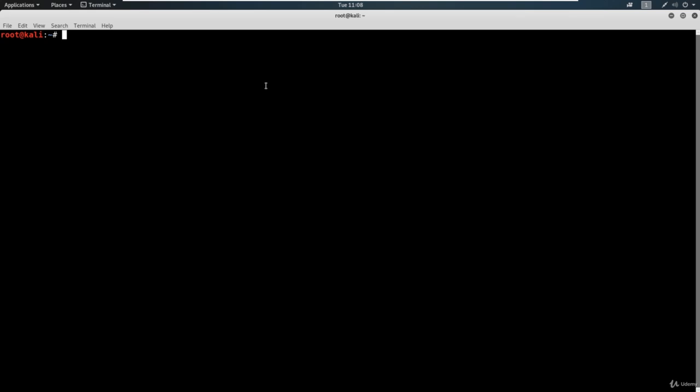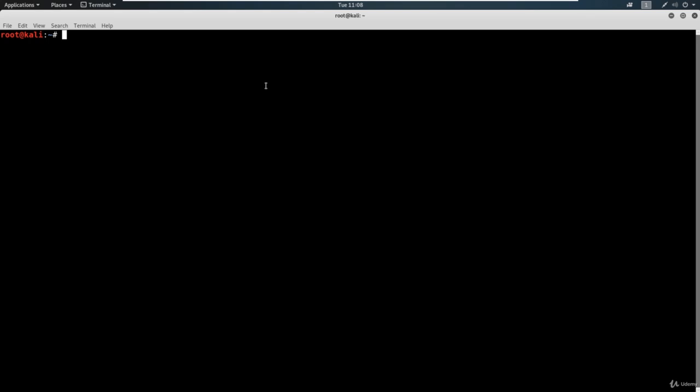So what we're going to be doing today is talking about IP addresses. Now, if you've ever used a computer before and you're somewhat familiar with IT, you probably know what an IP address is. But I want to take this a little bit deeper in theory on why we use IP addresses, what types of IP addresses are out there, and talk more about protocols and how IP addresses are actually designed and made up. So I'm here in a Kali terminal, and I'm just going to type in a simple command,